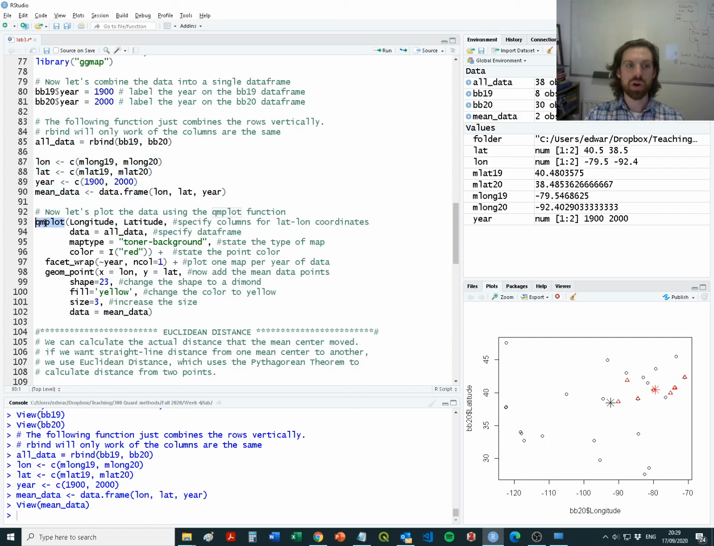So qmplot is a function which, I think, is part of ggplot. Yes, it is. That's why we're using geom_point down here and facet_wrap. For any of you who get familiar with ggplot2, you'll start to recognize some of the function names. And what we're going to do, in this first part, is specify the data that we want